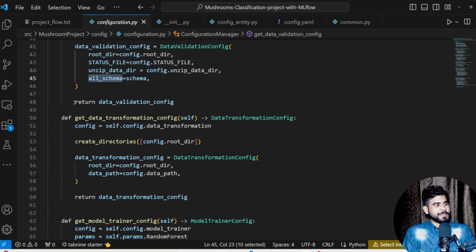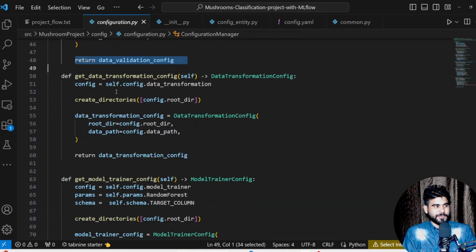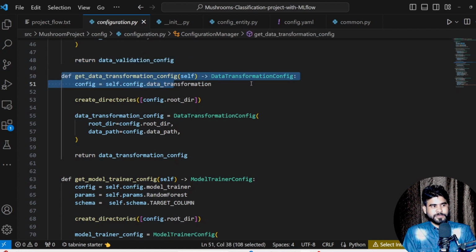Okay, then we are going to return a data validation config. After that, the next function that we have is to define a function to get a data transformation config. We are going to return a data transformation config. Calling a data transformation, we are going to create a directory, and then again based upon this particular config entity